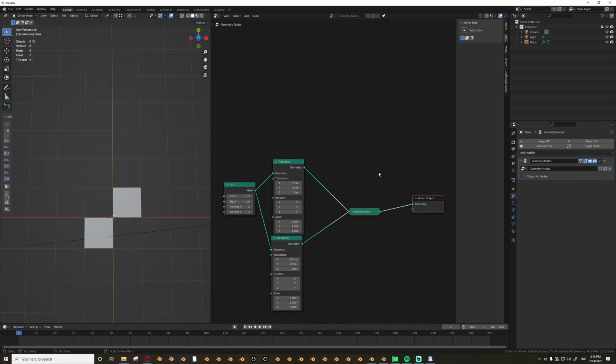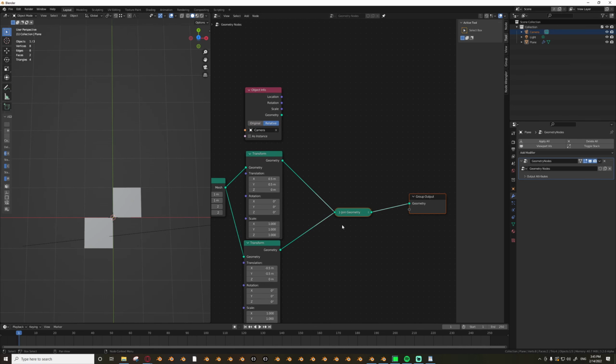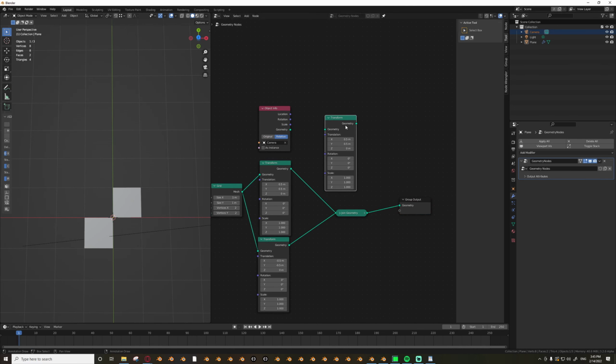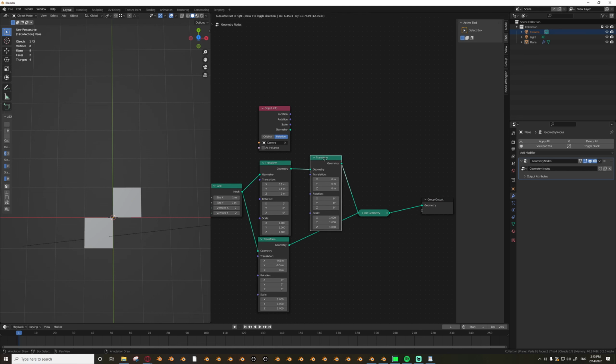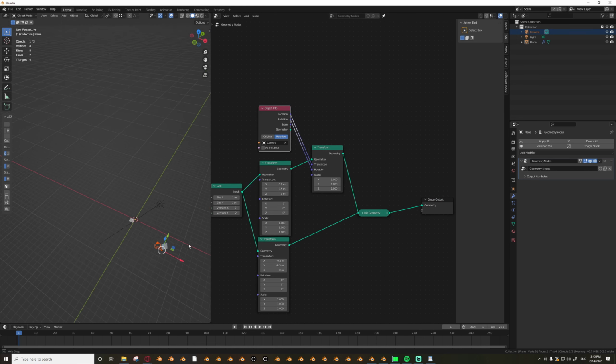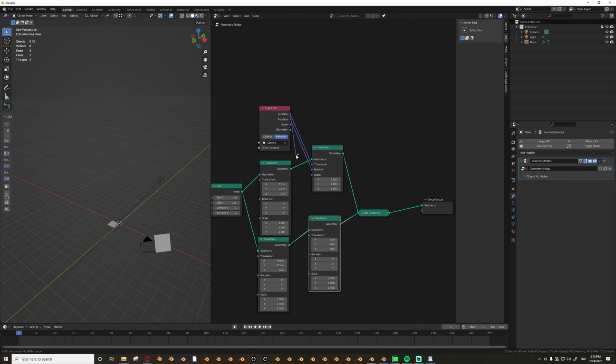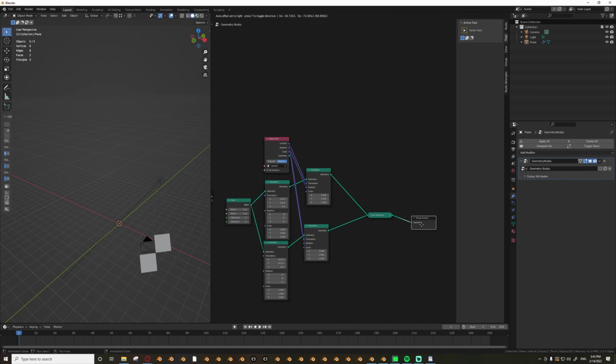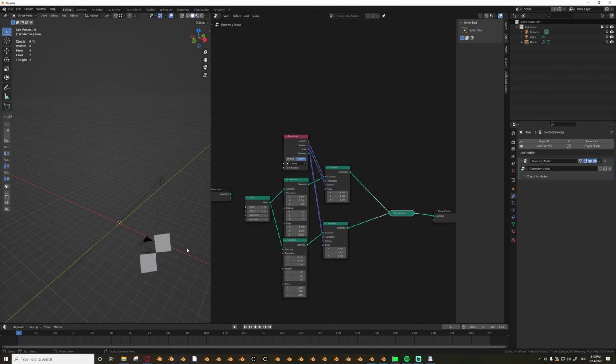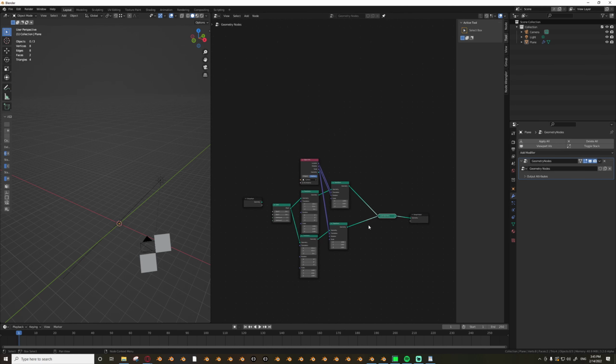and now we can grab the camera, so we have the position and rotation of the camera. So let's grab a transform node and plug the location and rotation of the camera, and you can see it's working. Let's do the same with this one. And by the way, I'm not doing it after the join because we're gonna do the raycast before. We don't need to join them because they won't be visual geometry. Okay,